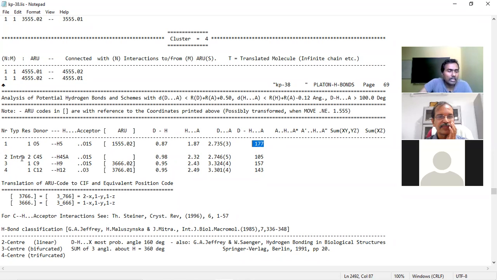And again, for intramolecular, you see the distance is 105. So for intramolecular, you can again visit and see whether it is feasible. That will not be, because it will be much folded, meaning a very small angle, then there will be no such intramolecular interaction. So we can neglect this intramolecular first, and then